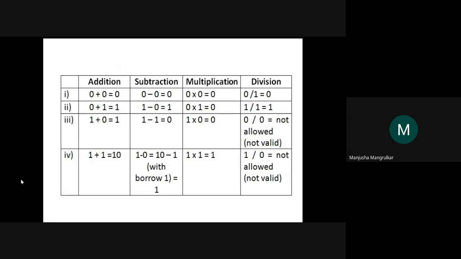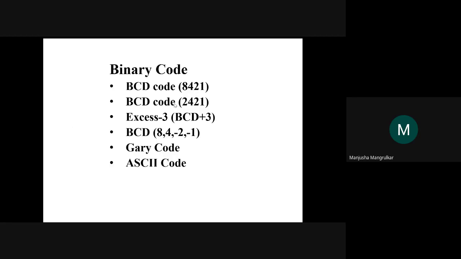Now these are the summaries of the rules of addition, subtraction and multiplication, as we have seen. Now the next part is binary codes. Why do we use codes in binary numbers? This is for security purposes. It is used for telecommunication transmission. It is secured communication, so that is where they use these coding methods.